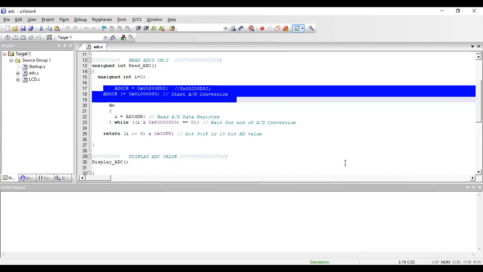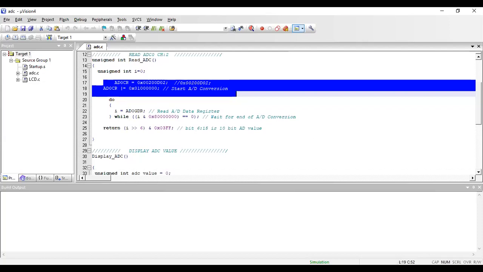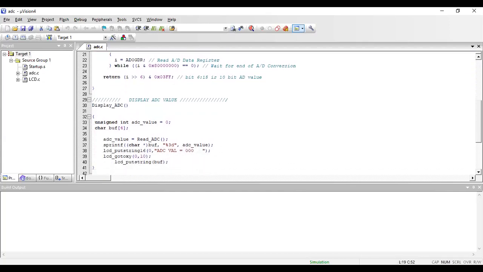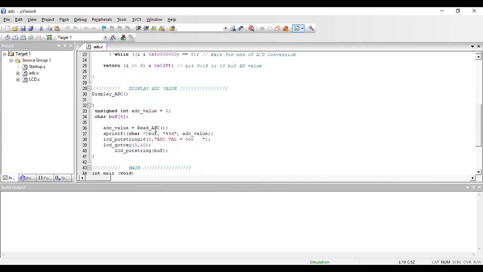With an example, I have explained it in the slide. So the same code is available at the read. Once the data is read, whatever you are reading from the analog to digital converter, you are moving on to ADC value. ADC value usually will be a number, correct? Because V equals IR, when you are changing the register value, the voltage value also changes. Voltage is usually a number.